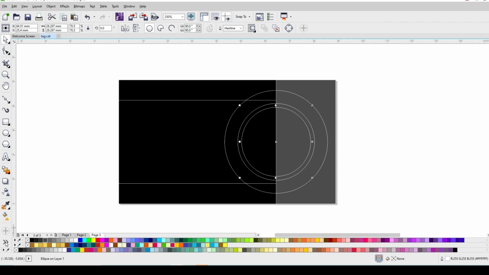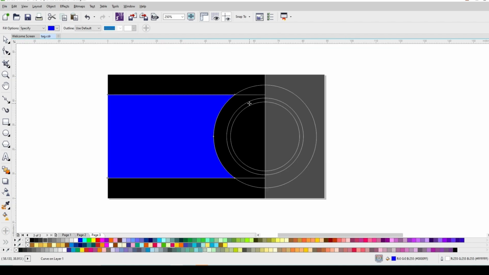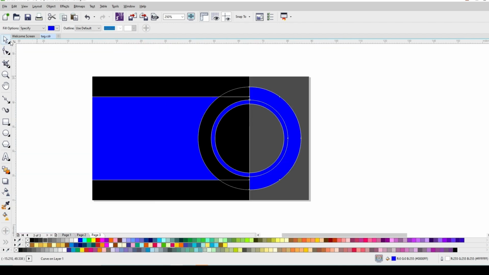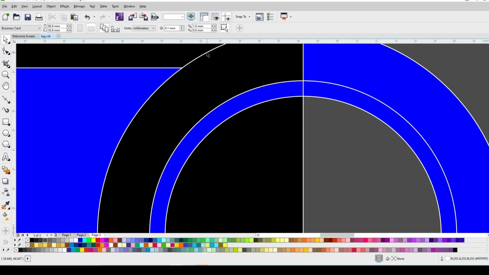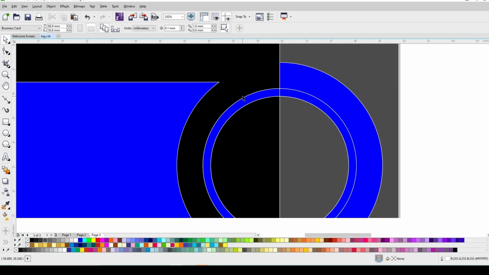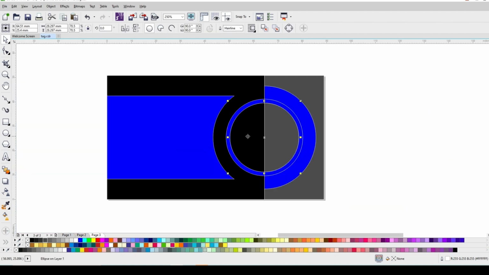Now I'll select Smart Fill tool, fill color here, here, here and here. Now I'll select this rectangle and delete it. Select this circle, delete it. Select this circle, press Alt key and select this circle, delete it and select the inner circle